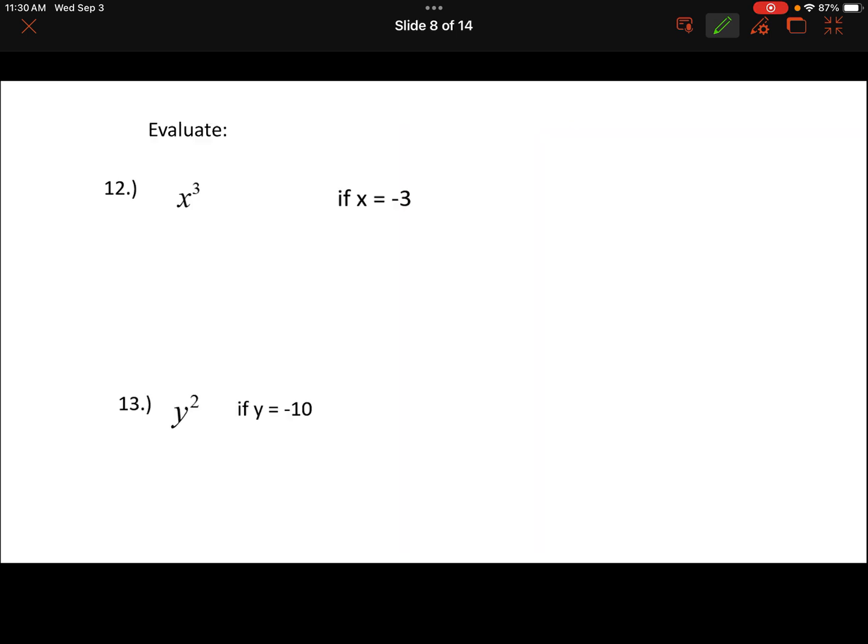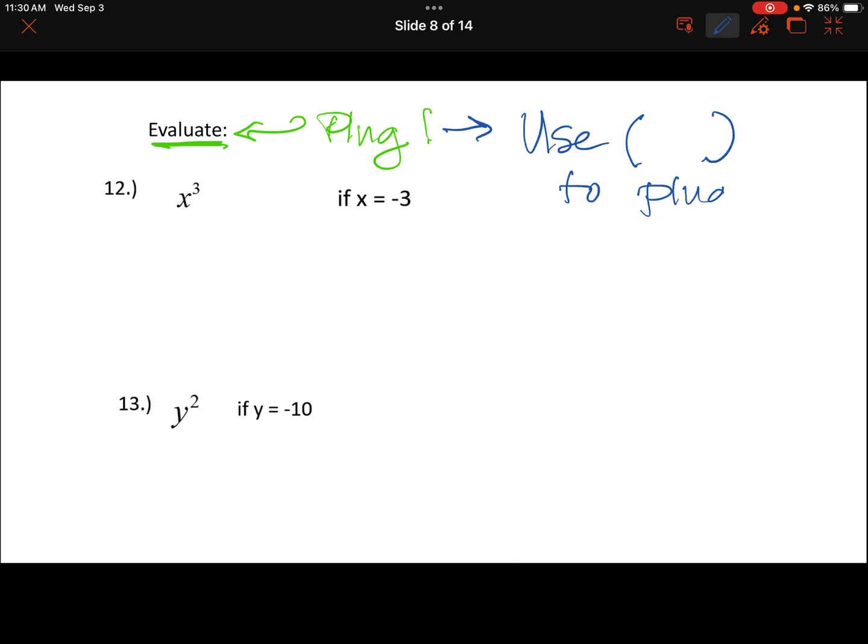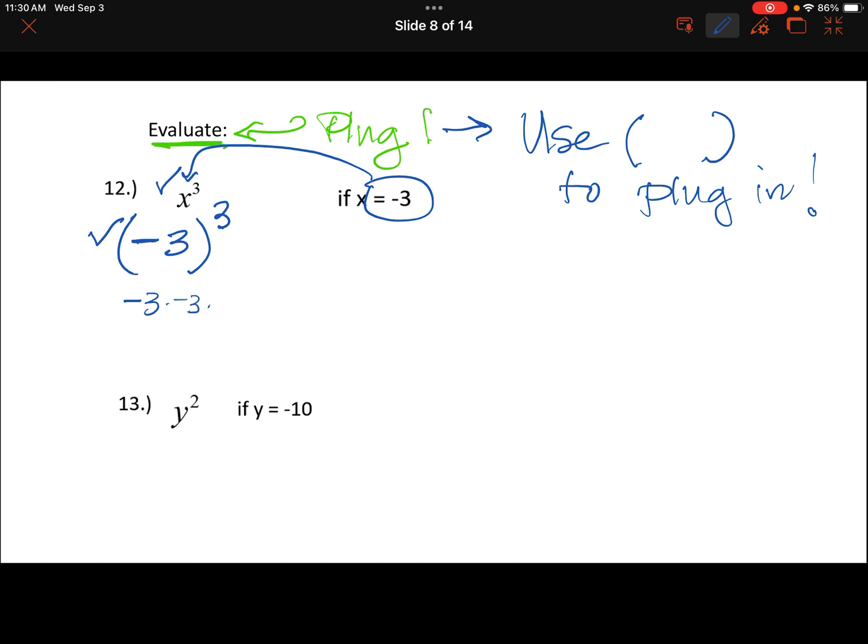All right, evaluate. That means you're going to plug things in. And remember what we said earlier, whenever you're plugging in, use parentheses to plug in. It changes everything. This negative 3 has got to go in here, so your work should be the opposite of 3, negative 3